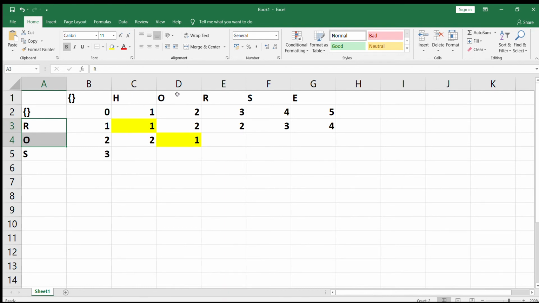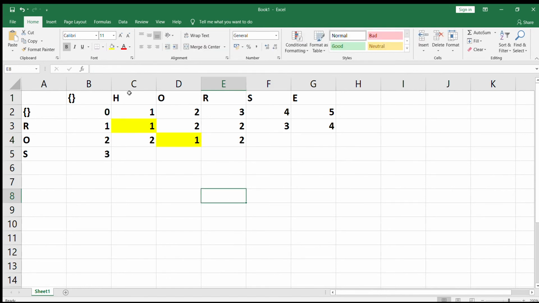So O does not need any operation here. I can just replace H with R and drop this R. So the number of operations required here is 2.